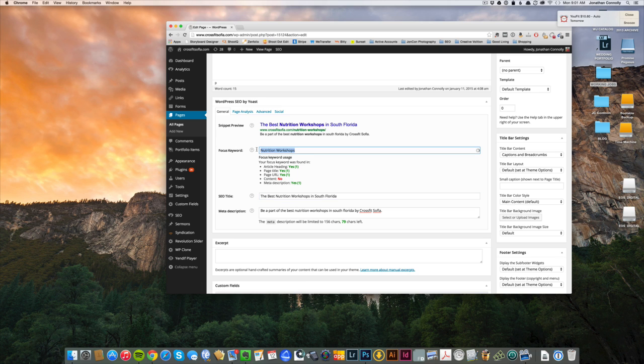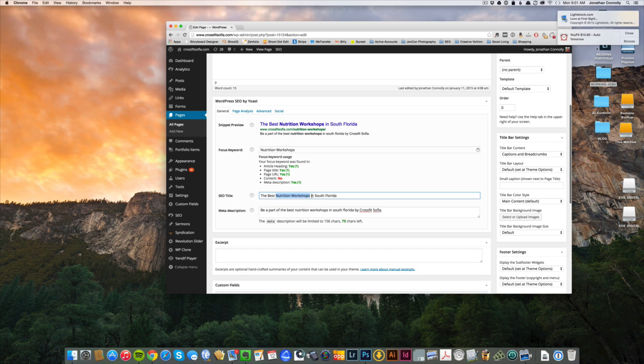So again, focus keyword, nutrition workshops, and then for the SEO title you can just leave this as nutrition workshops, but sometimes it needs more, right? Sometimes you need some type of call to action that will prompt people to click on this, but you want to make sure you keep your keyword phrase in here. So nutrition workshops should be spelled out exactly the same and in the same order,